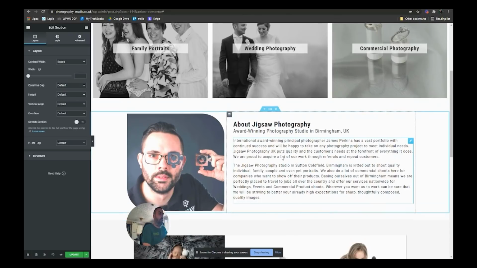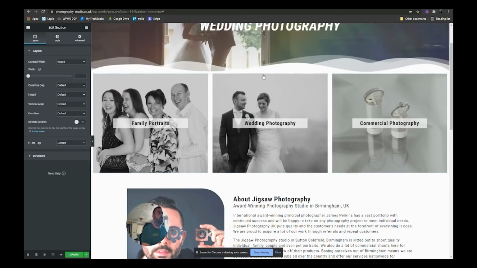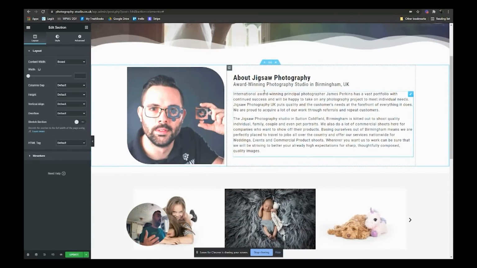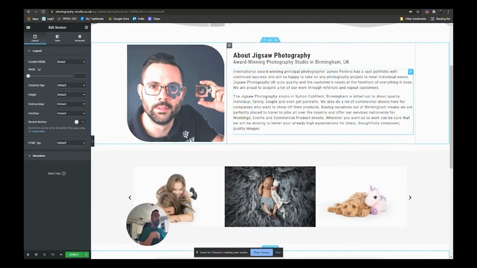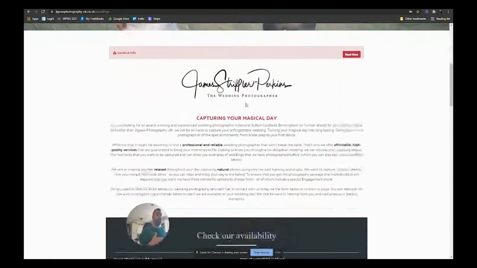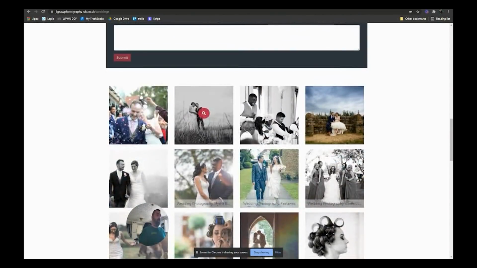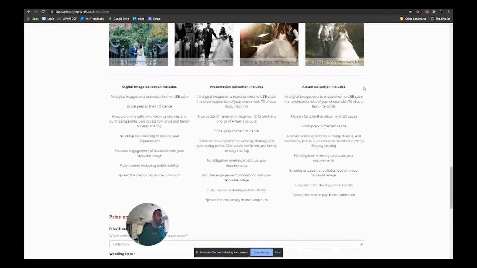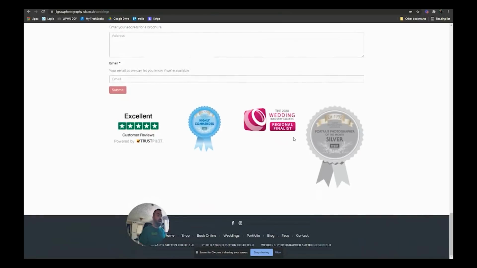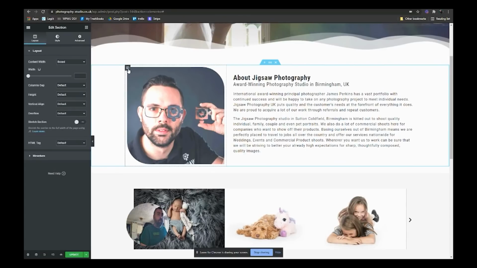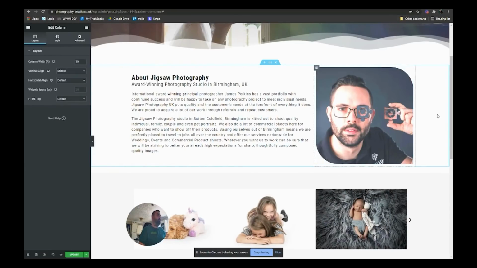What we want to be looking at in this section now is we don't need these three service blocks. Let's delete that whole section, and that brings that section up. All we really need to be focusing on here now is the text, all about the packages to do with weddings. If we go on to the weddings and the information, check the availability, and a bit of a portfolio, we can put all of the information and blocks that we want for the different packages or something along those lines. So first thing I want to do is drag that across to there,